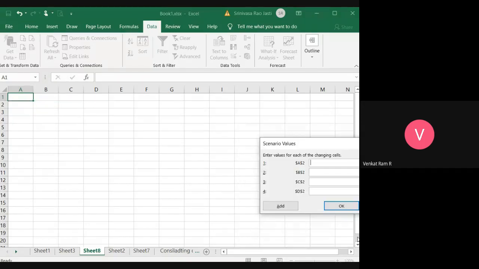Okay, so it is taking and you can enter the value. Whatever you want, you can.